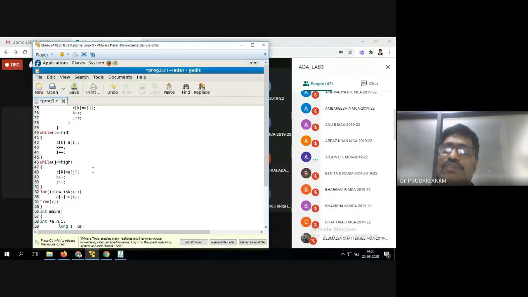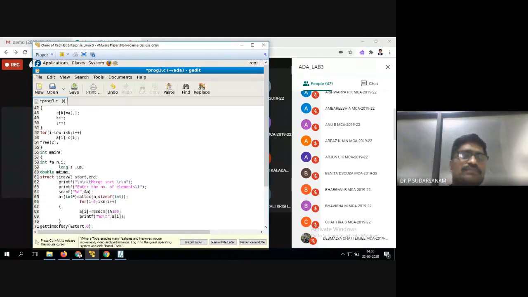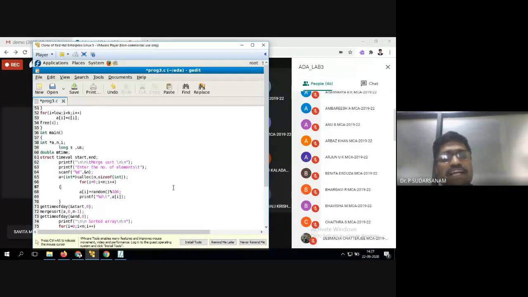So you put that into the while loop. Write the condition: A of i is less than A of j. Copy the one part, else copy the second part. Otherwise, if you have any first part elements left out, copy only the first part of the elements. If you have any second part elements left out, copy only the second part of the elements. That's it. Now the main program, I have already told you, insertion sort, you have done it. Do it in a similar fashion. So nothing is extra in this.